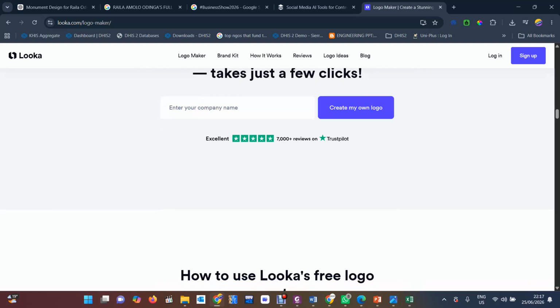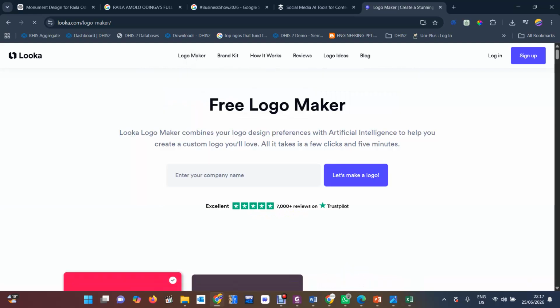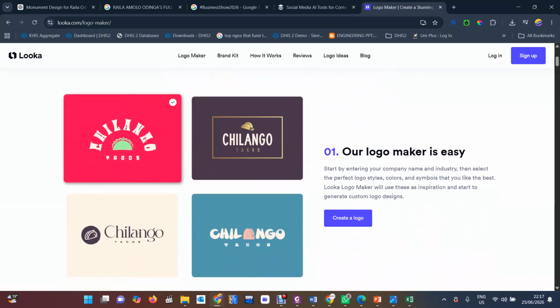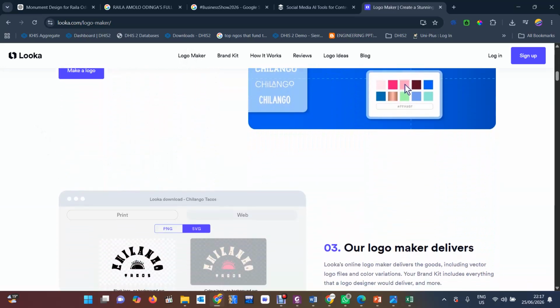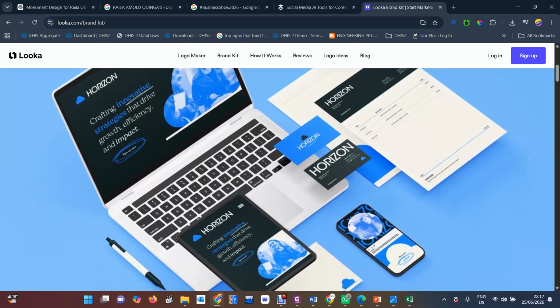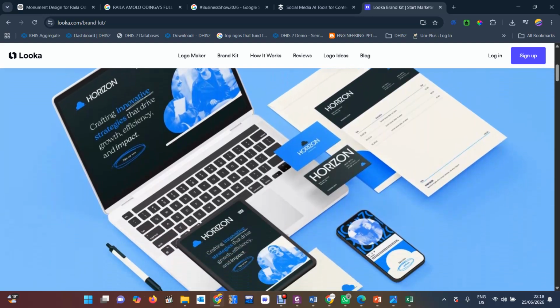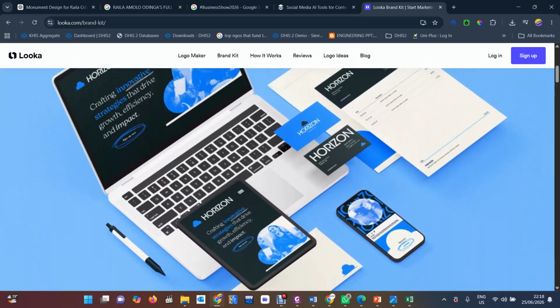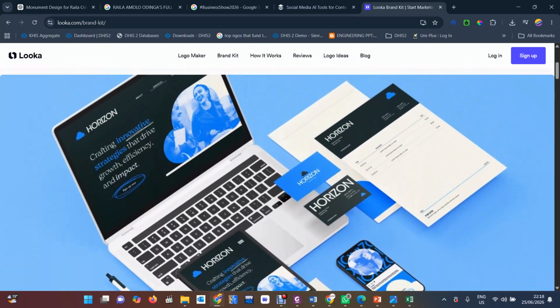Here, using the tool, you can come here to logo maker. There. Brand kits, you can have them here. These are now for branding. You have seen people branding books. Like now, somebody who is in education or admission, how do you brand the cover of all your things, the banners, the flyers, the branding of your books?